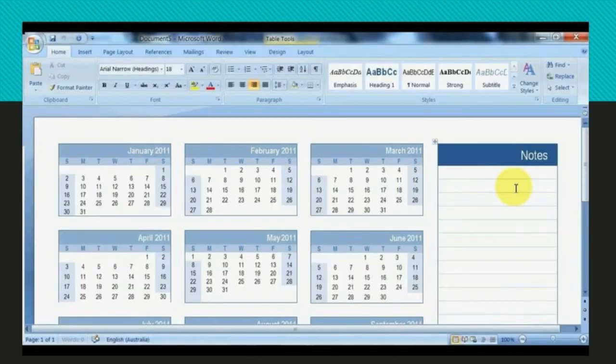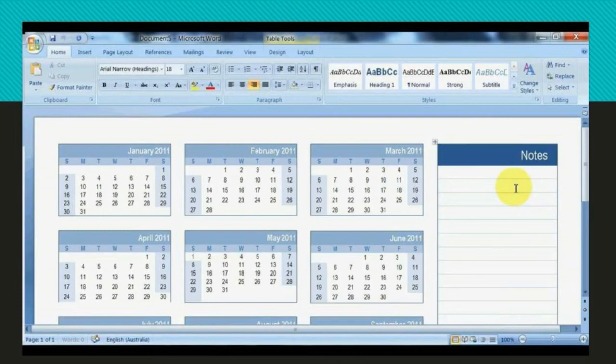Working area. Working area is the area where the user can create their own publication. We can create our own publication with the help of the working area. If you want to create a calendar, first we have to start with MS Publisher. And then we have to select the calendars, which type of calendar we want. Many predefined calendars will be displayed. You can choose from that.